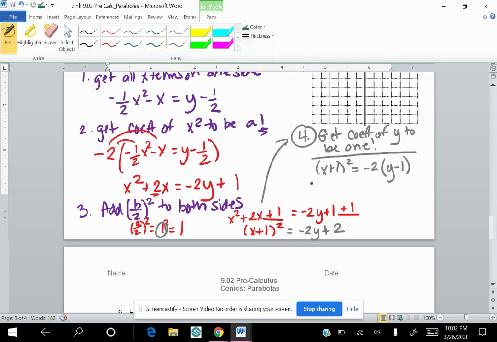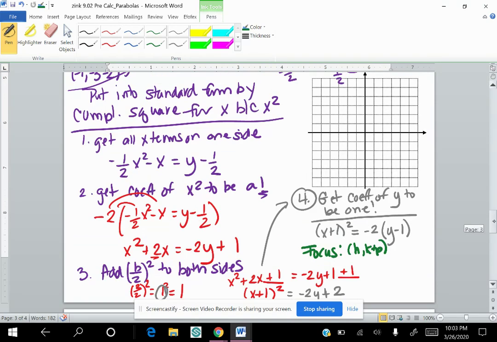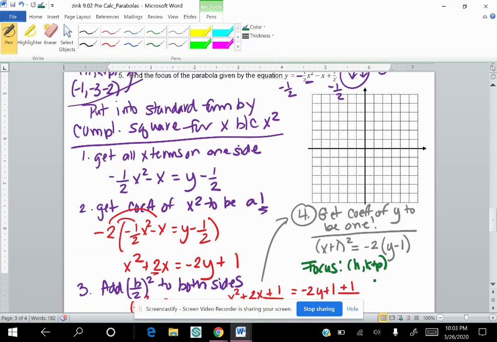But it asked us to find the focus. So what you could do at this point is just use your formula, which is h and then k plus p. We still need to find our p value though. So we know that our vertex, sorry, I wrote too big here. Our vertex